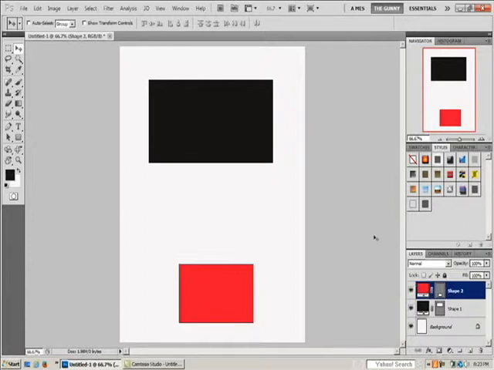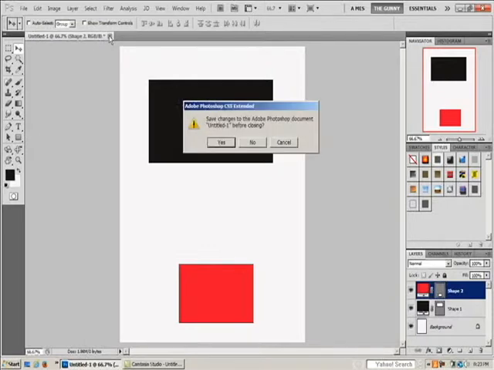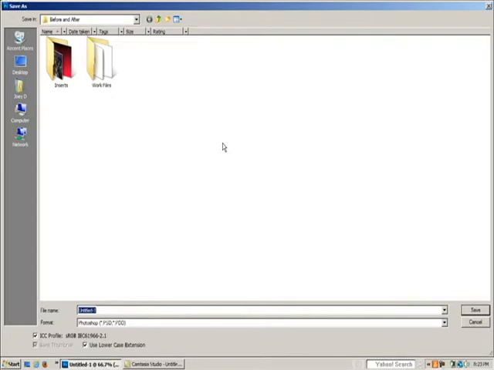See right here, let's just say I'm finished with this project. Come up here, see how it says Untitled? If you close it, it's going to ask you, do you want to save this project? In this case, I want to say yes. Now it's asking me, where do I want to save this project? Well, I'm saving it in my before and after folder. And it's Untitled. We're going to name this Project